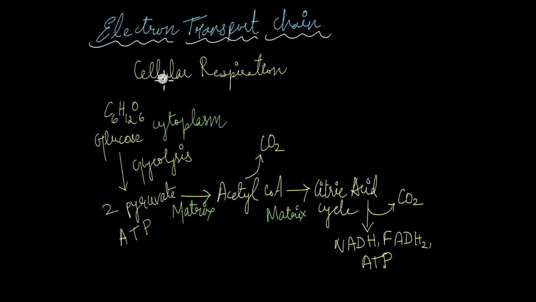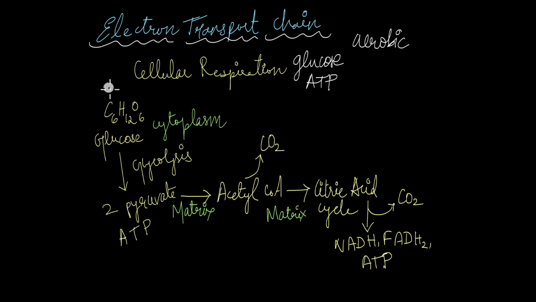I hope by now you're familiar with the basics of cellular respiration, which is the complete breakdown of substrates like glucose within the cells to yield energy in the form of ATP. In this video, we're going to talk about the final step in aerobic respiration, which involves the electron transport chain. Before we talk about how this is the final step and what is produced as a result,